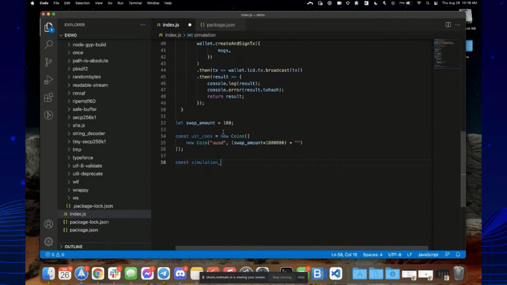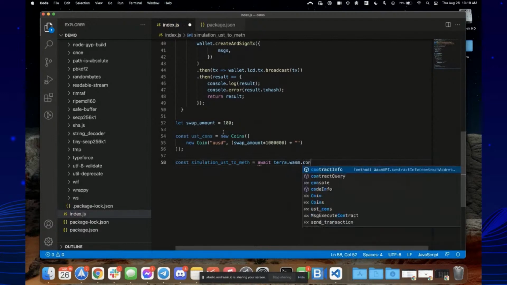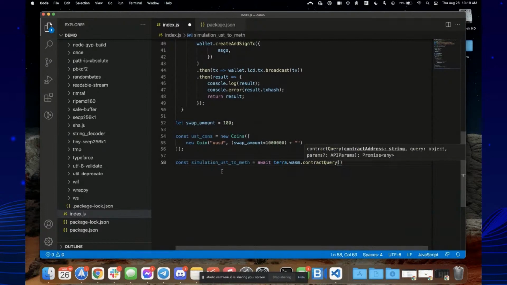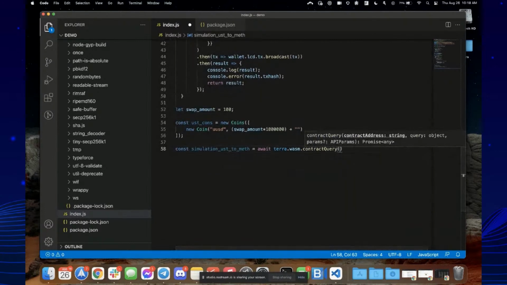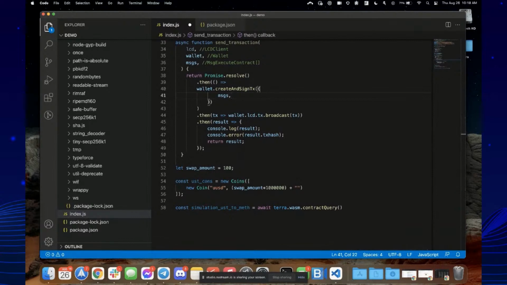So let's create a simulation of UST to METH, terra.wasm.contract query. So what this function allows for is you can just put in a contract that you're trying to query and provide a query message. But sometimes it's confusing on what the query messages should actually look like. And to figure that out, occasionally you have to actually look into the contract details. So for TerraSwap, for example, which we're looking at here,